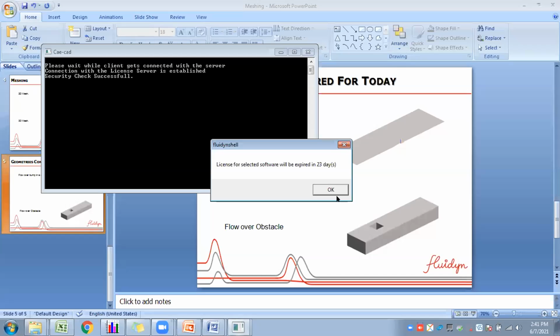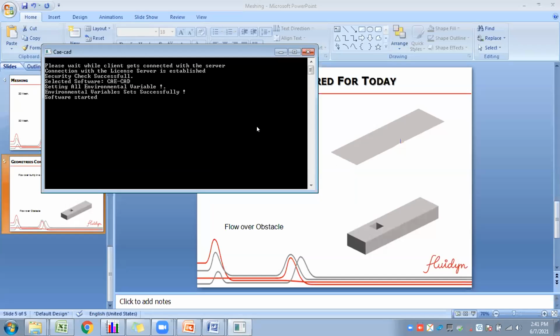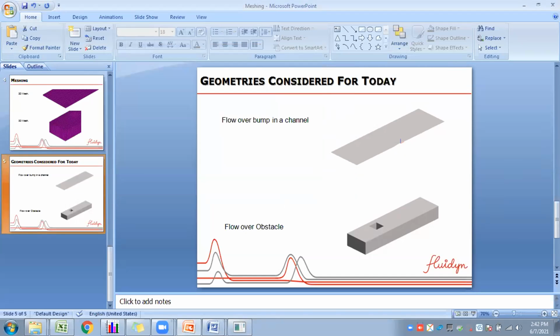We'll open the CAD modeler. In our software, we know that we can import, as I told you, geometries from other software.